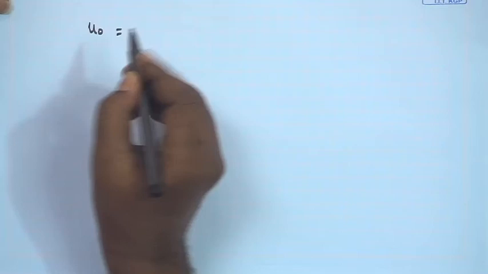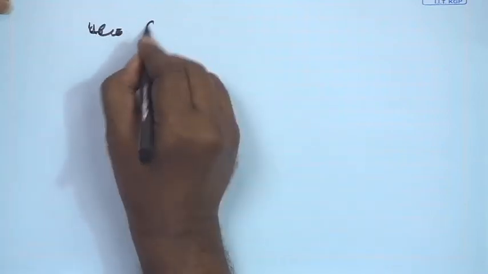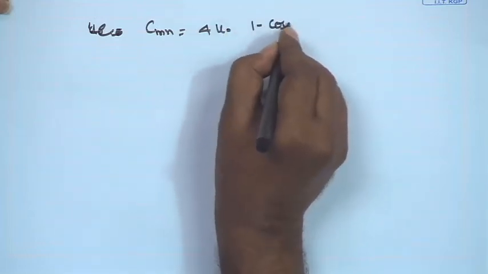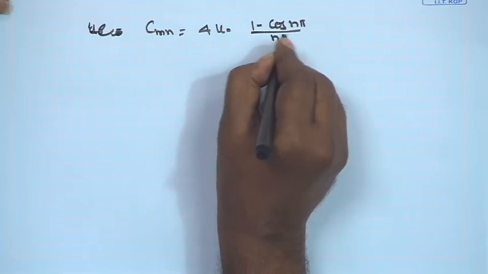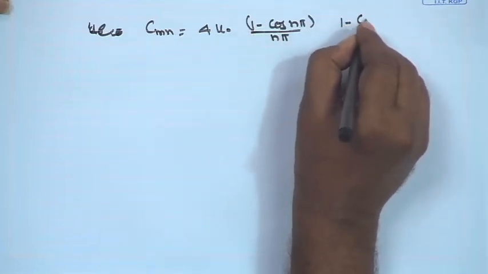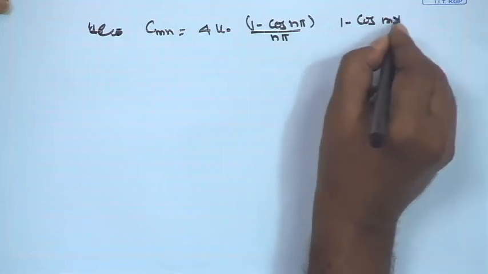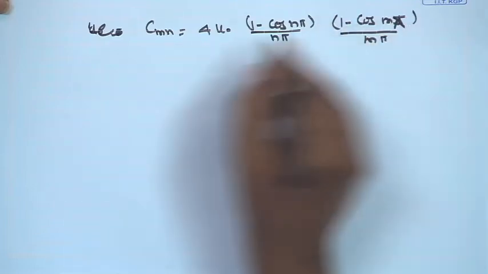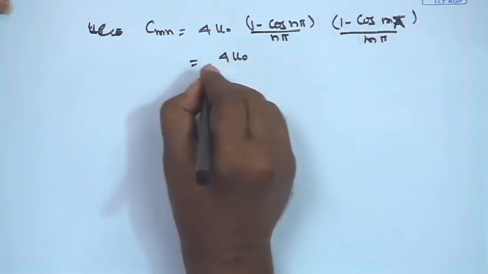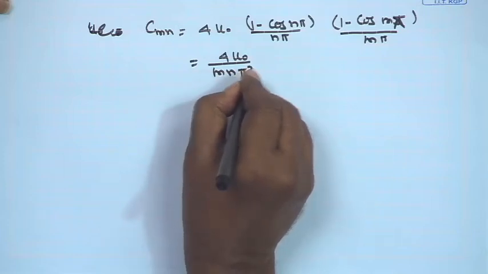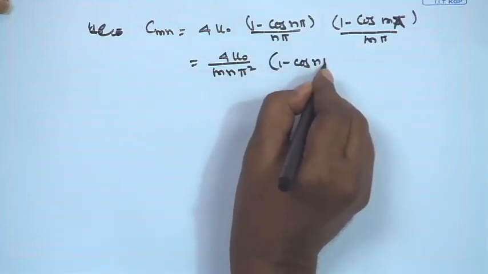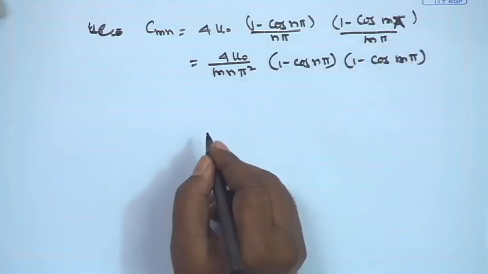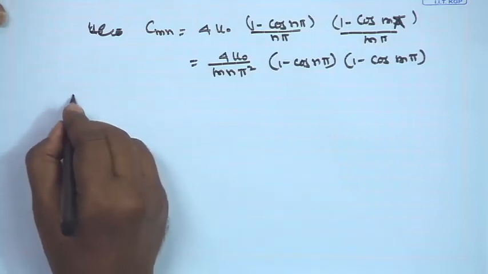So, Cmn will be nothing but 4 times u naught 1 minus cosine n pi divided by n pi, 1 minus cosine m pi divided by m pi, and you will be getting 4 u naught over m n pi square, 1 minus cos n pi, 1 minus cos m pi. So, let us now construct the complete solution